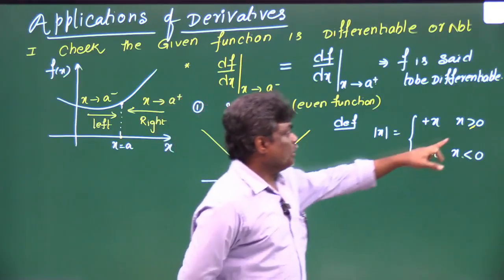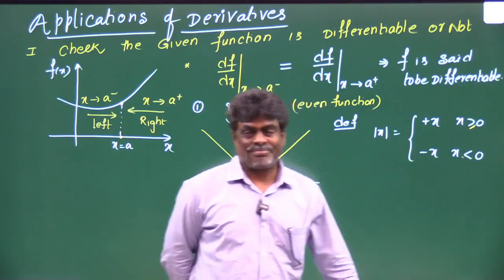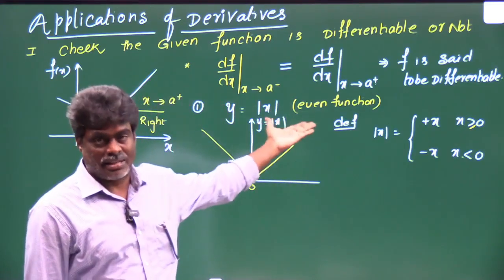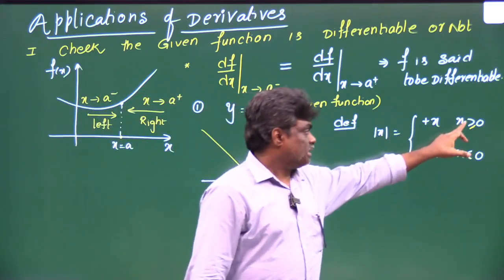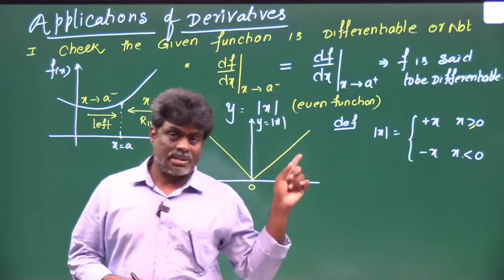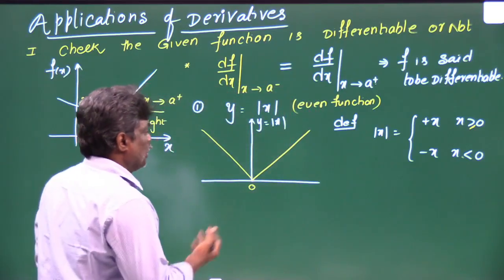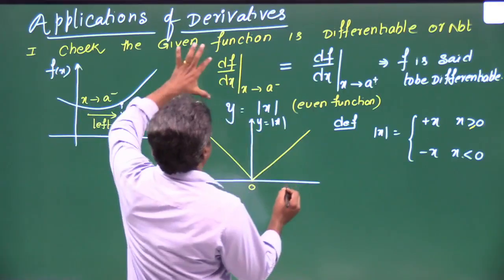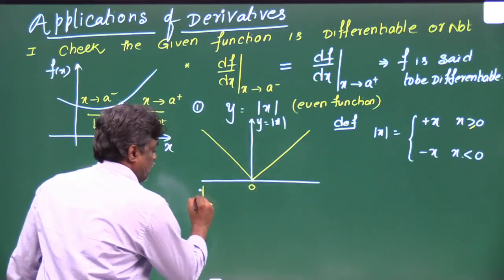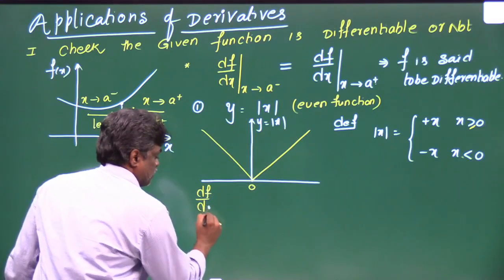So you should not include this equality for both. Minus x is defined only for x less than 0. As per the definition, for x greater than or equal to 0, it takes plus x. Please remember that, that's very crucial. Okay, fine. Now as per this checking condition, I am going to find